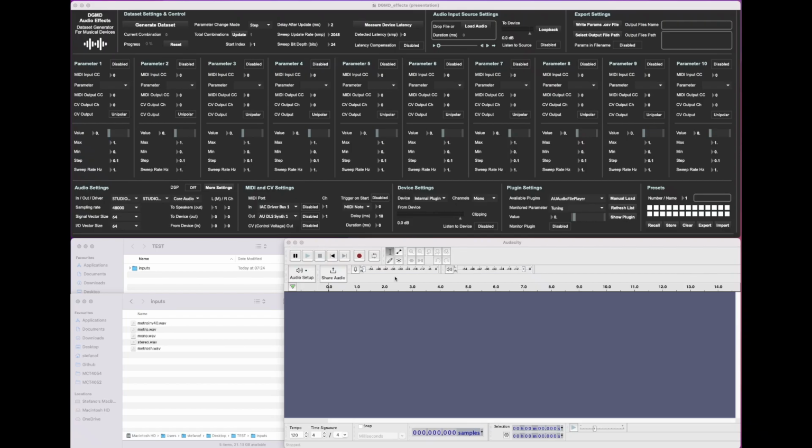In this video, I show how to use the DGMD, the dataset generator for musical devices. This is the version designed to work with audio effects. So this is how the graphical user interface shows when you load it for the first time. And this tool can be used to generate a dataset in a variety of modes that we will discuss later